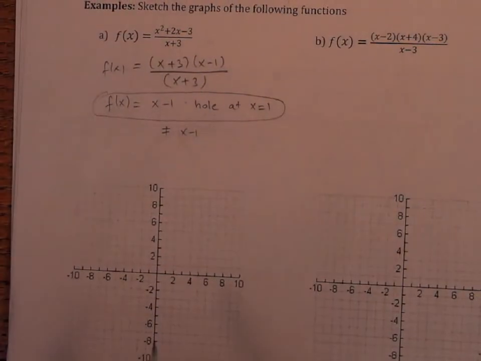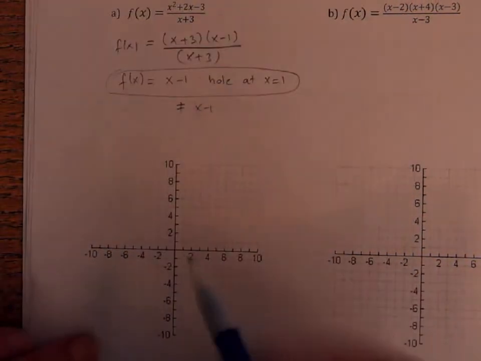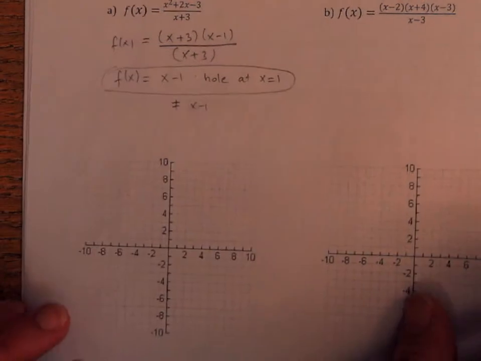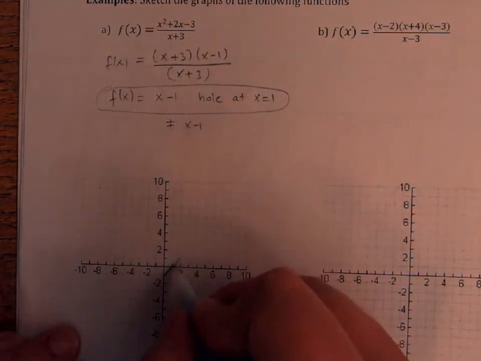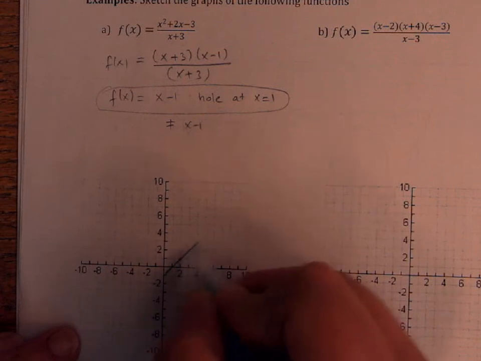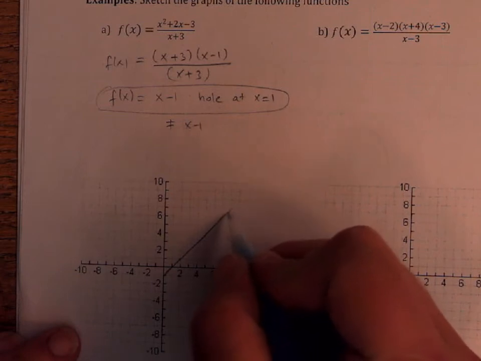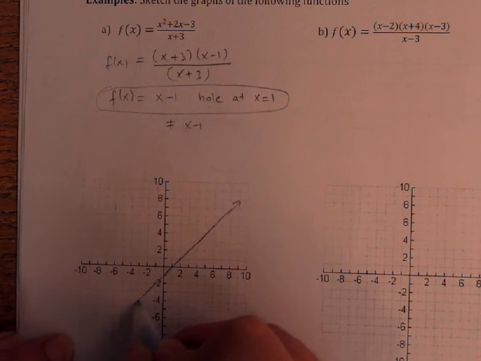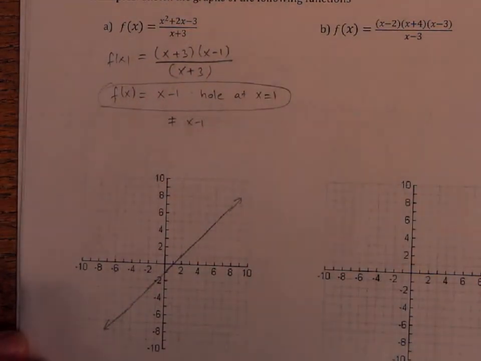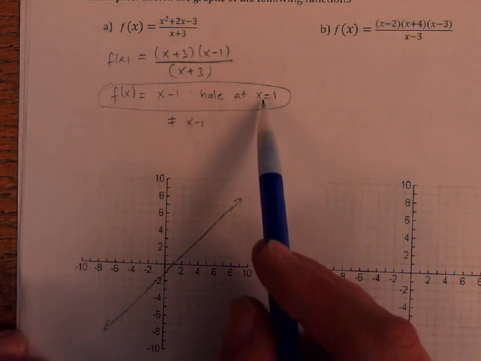Alright, let's sketch this to see what's going on. First we're going to sketch y equals x minus 1. The y-intercept is negative 1 and the slope is 1. So you sketch y equals x minus 1. Now we are going to place the hole, when x is 1,